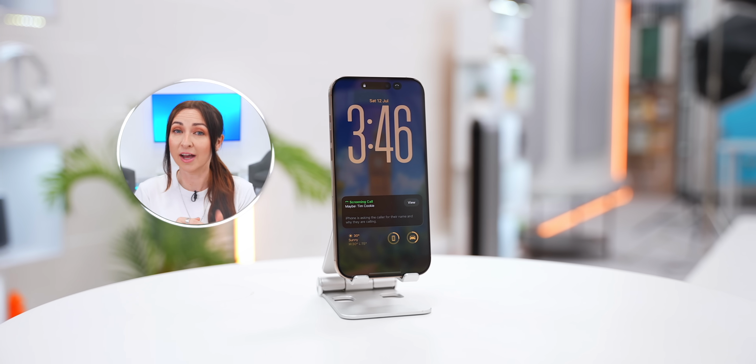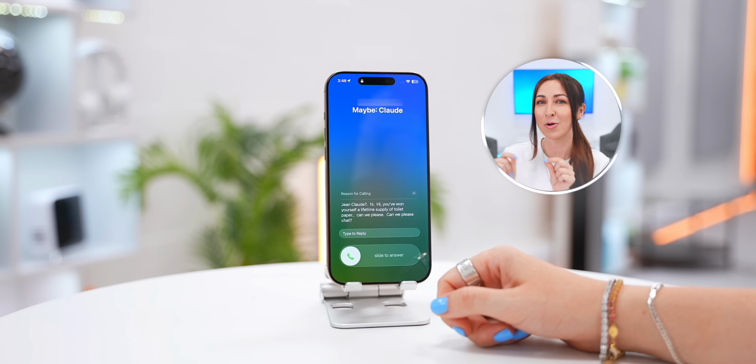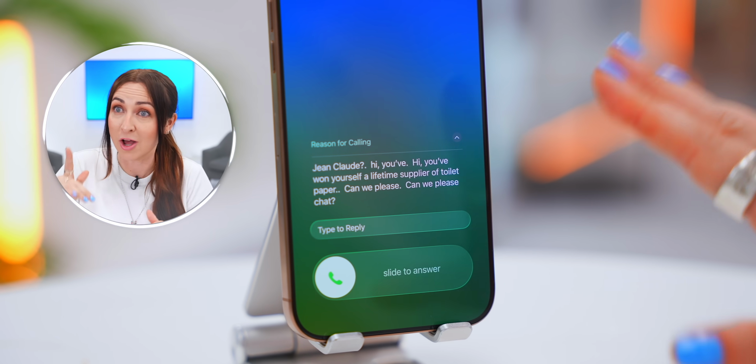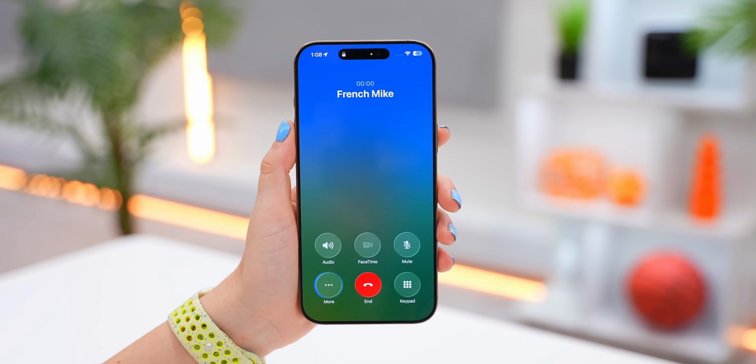Then, once they're done, your phone will ring and show you exactly what that person said so you can decide whether you want to answer or not. Seriously, this is the best way to dodge calls that you don't want to answer, so make sure it's turned on. But it kind of gets even crazier, because if you're already on a call,